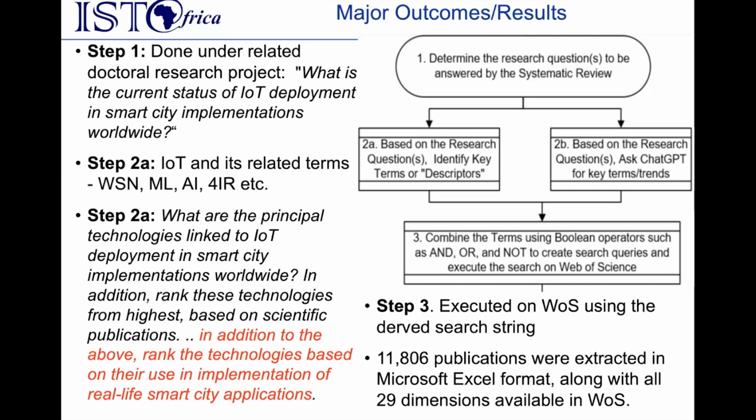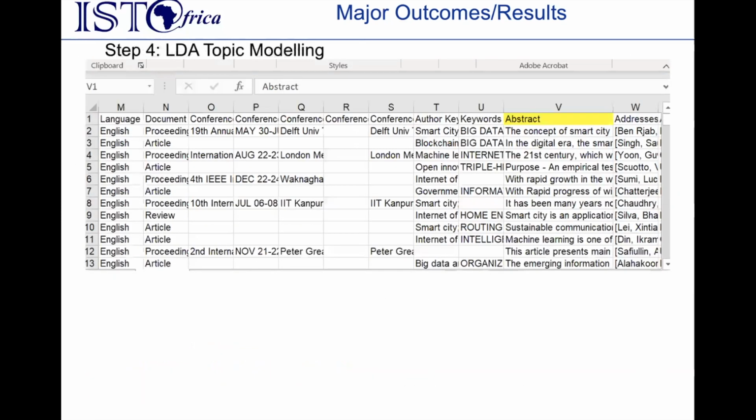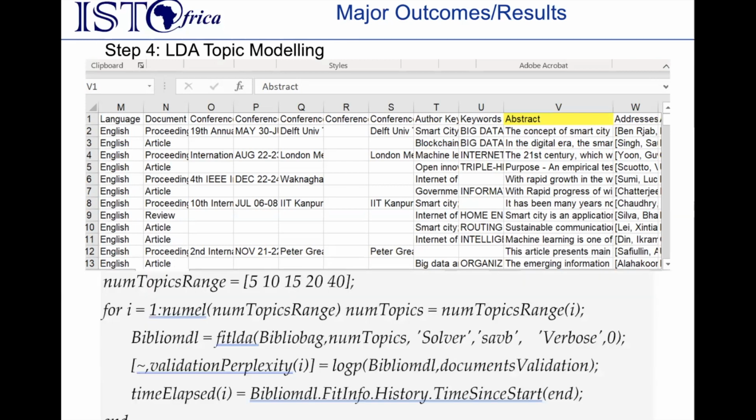Then with that, we executed the search on Web of Science and were able to get 11,806 publications, which we extracted into an Excel file of this format. And from there, we picked columns that were relevant, for example, the column abstract, among others. So within step 4 of the 7-step process, that was the methodology followed in this paper, there are some iterations